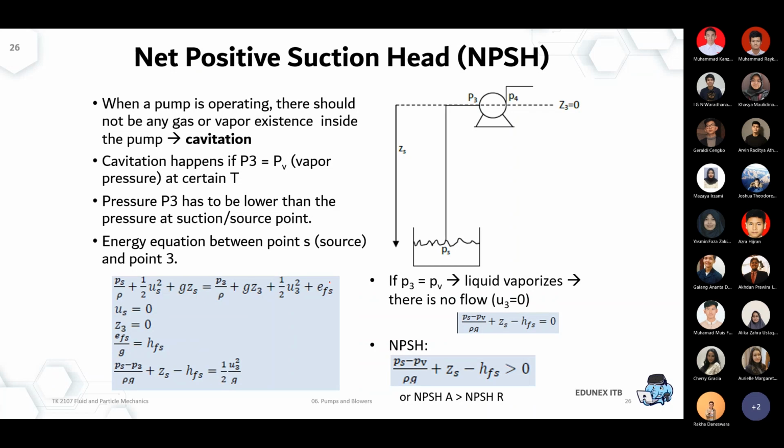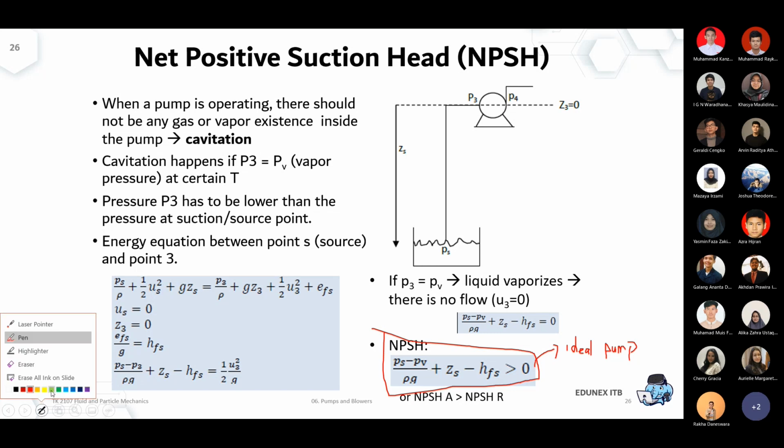About the NPSH again, our main objective usually starts with this one. Usually we start with the NPSH available has to be above 0, but that is actually only applied to an ideal pump, which does not exist. So if we start with the ideal condition, let me change all of this left hand side part of the equation. That's actually the NPSH available.